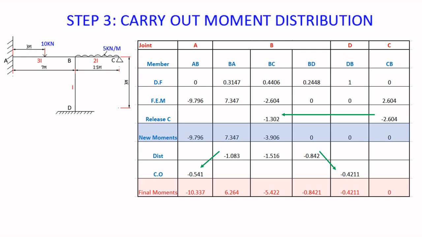You do the actual moment distribution. So you prepare such a table where you have the joint, the member, the distribution factor, and the fixed moment. Starting with the joint, we have joint A, B, C, D, A, B, D, and C. And then you input the distribution factors. That is 0 for the fixed end, for the pinned is 1, and for the